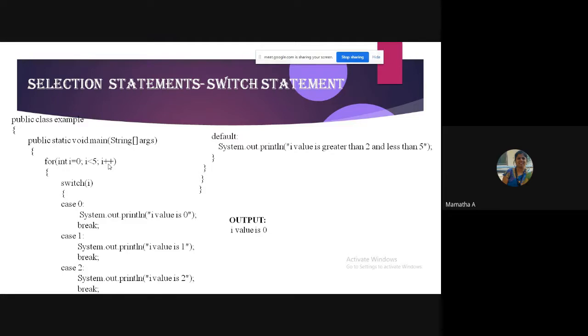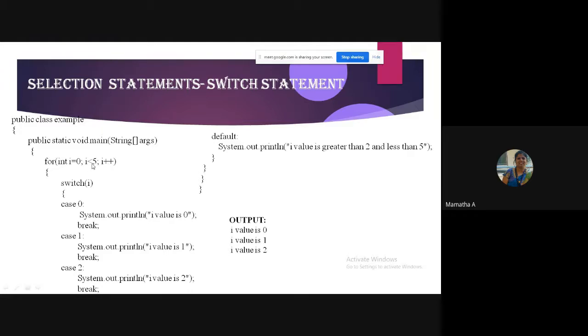So I now print what? I value is 1. Next, again it will break out. It goes to the next updation of I, where I becomes 2, and it will print I value is 2.